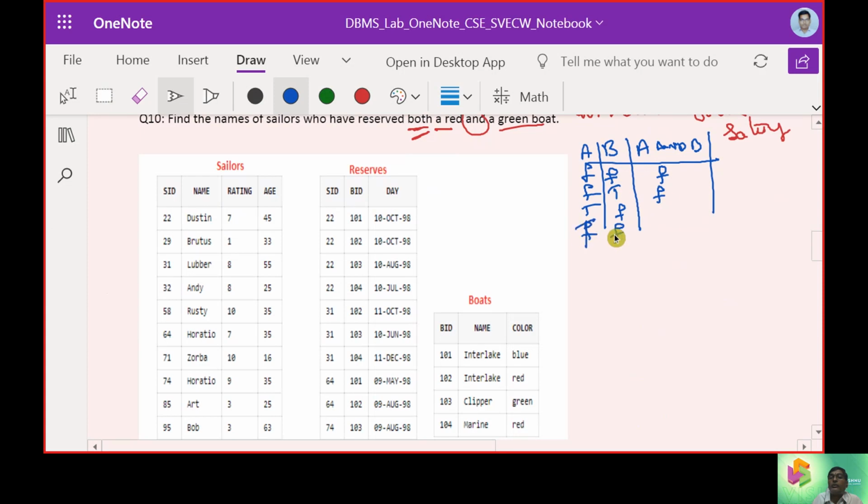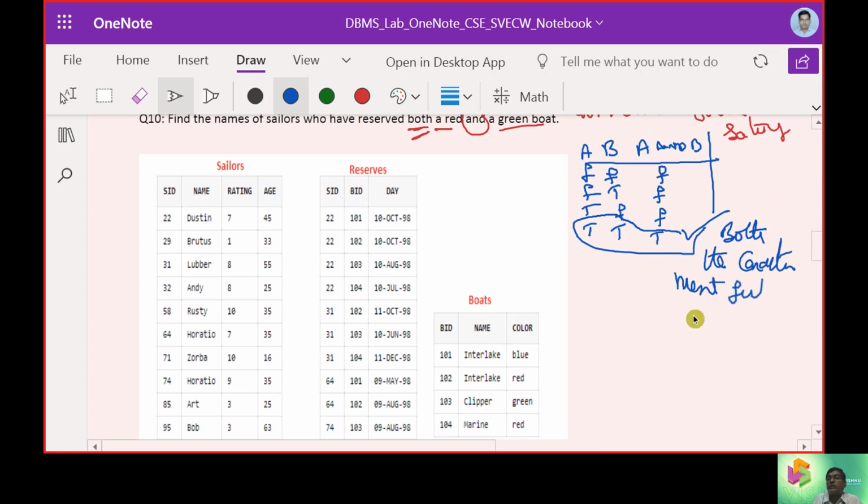So true and true values. We can assume that true and true is true, that is, both the conditions must fit.